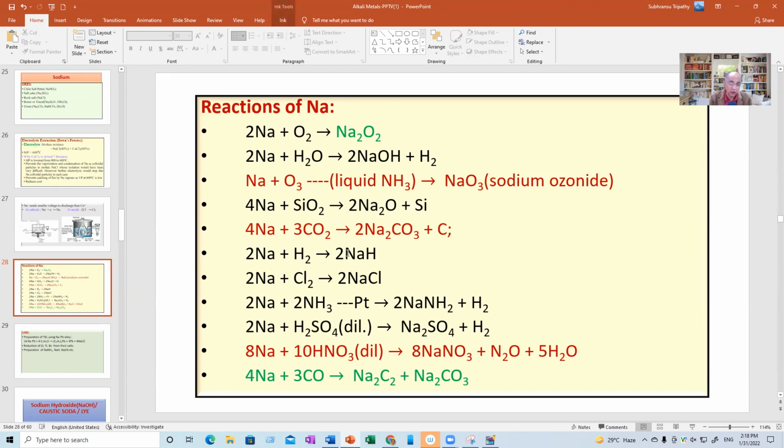You must, I told you, whenever you study inorganic, bring a pen in your hand and a rough sheet to ensure whether it is redox or metathesis. If redox, then some element has been reduced and some element has been oxidized, that you have to ensure. Maybe there are multiple oxidations or multiple reductions, doesn't matter, but at least one of each type should be there. And then you attempt balancing. I have already balanced for you, and here